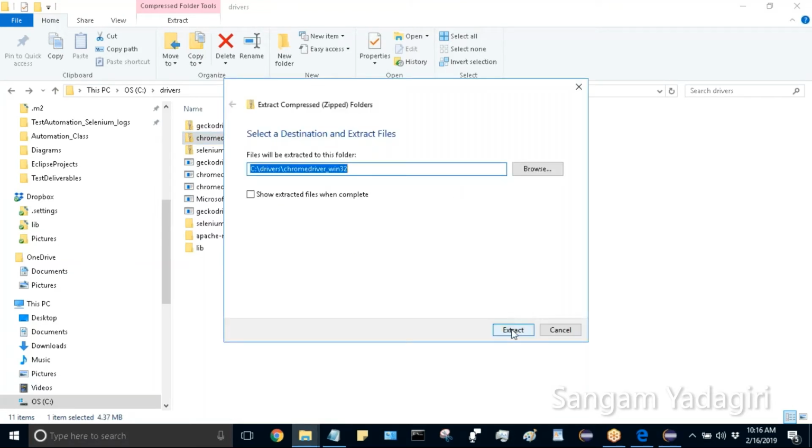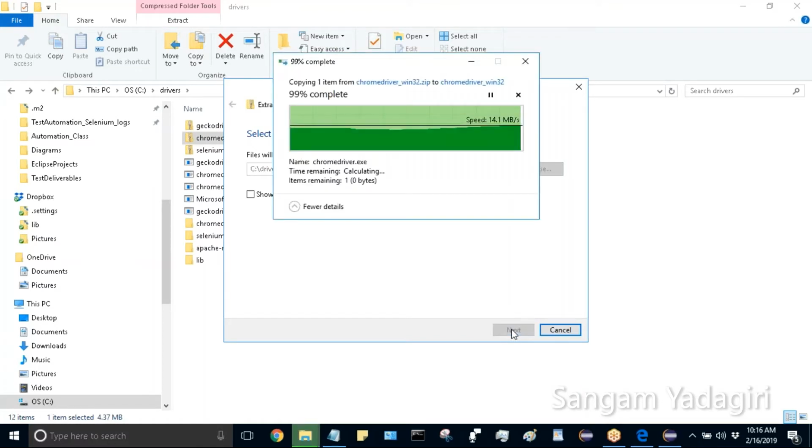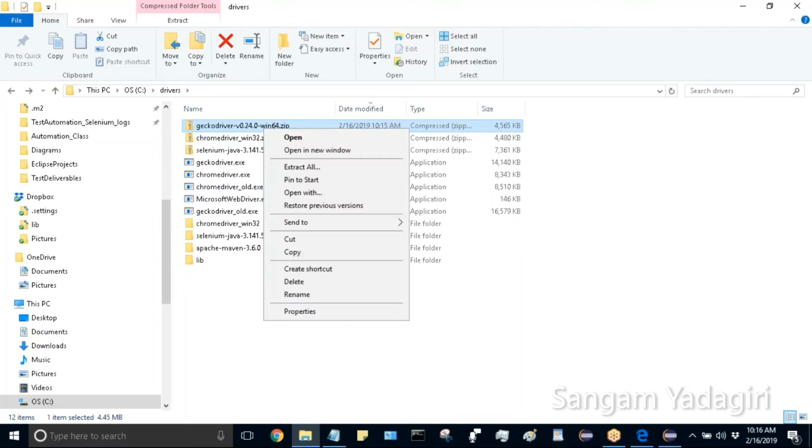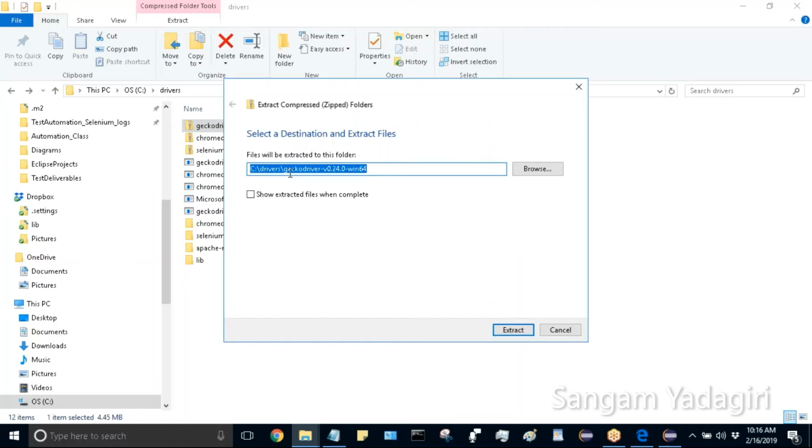It will create a folder. Extract. Okay, so it created, you can see here, right here. One is Selenium Java, that is Chrome driver. And the last one is Gecko driver. Gecko driver means it's a Firefox driver. Extract all again, and it will create another folder Gecko driver in C drivers,